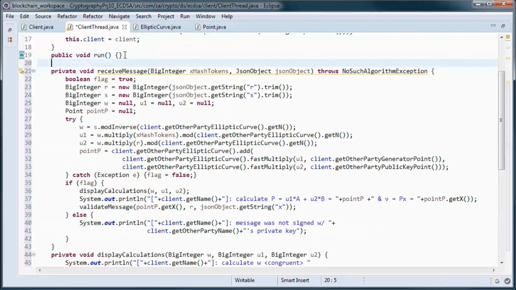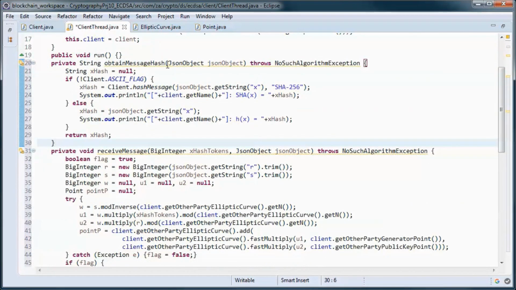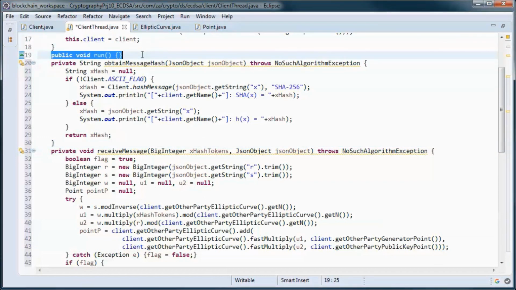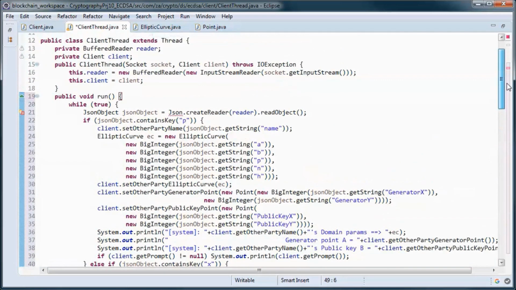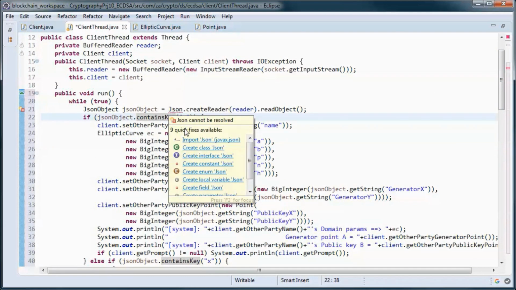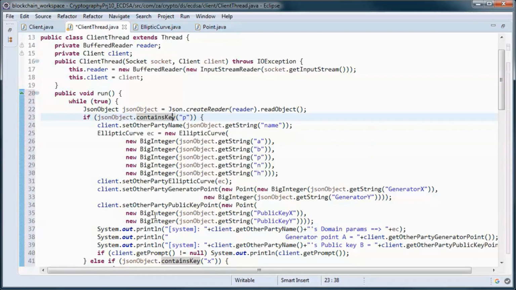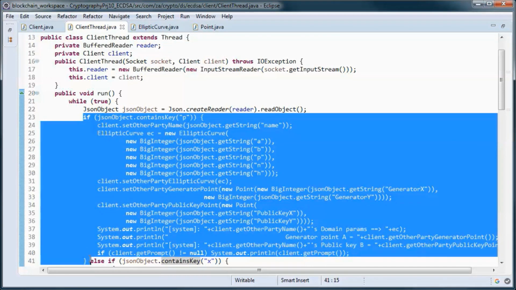And this one obtains the message hash, and we call those from here. So here we are picking up the domain parameters that the other user is using to sign messages.